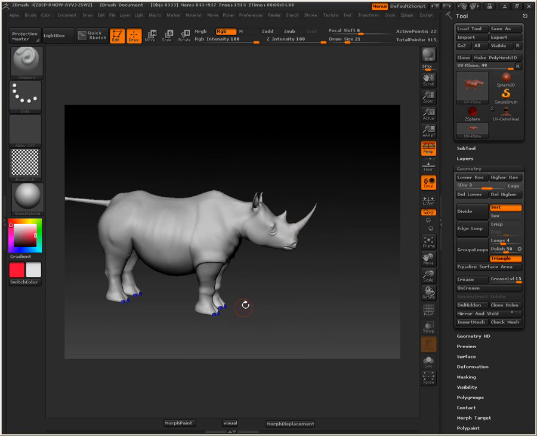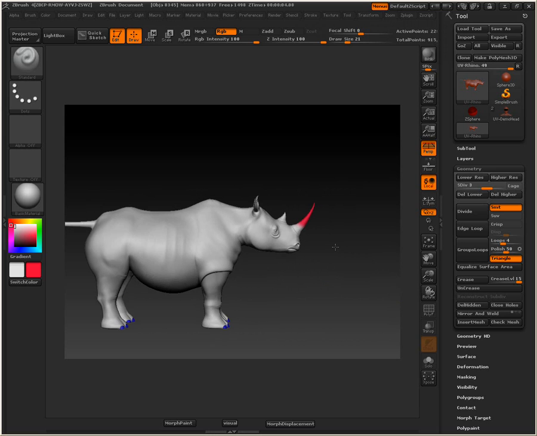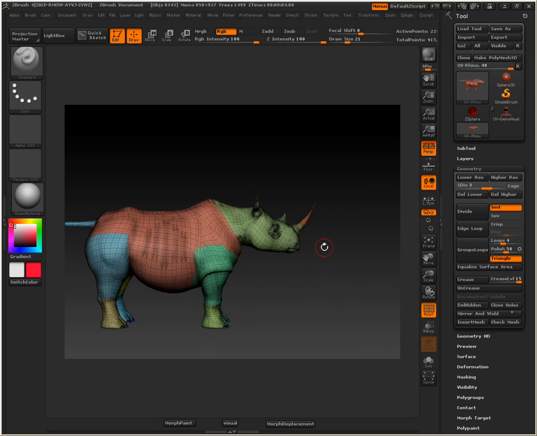If you're trying hard to distinguish where the map's at when it's flattened out, you can go ahead and just paint a little bit right here. Just turn this off here. Switch colors. There we go. And I kind of want to get down a little bit closer. I don't want to get too close because I don't want it spewing over there, because I know this is grouped up here. So if I turn it on right at the horn there,